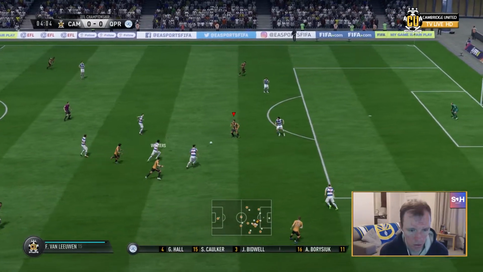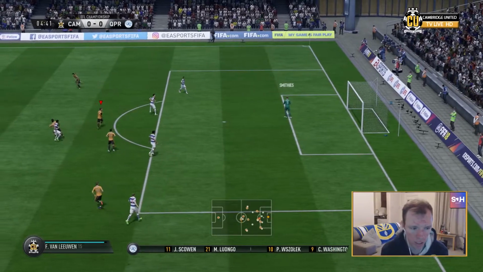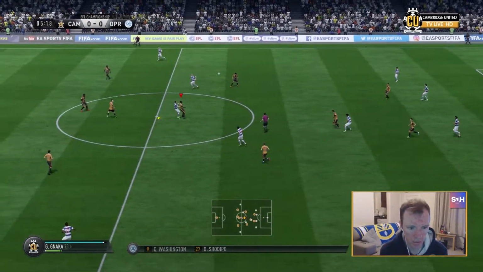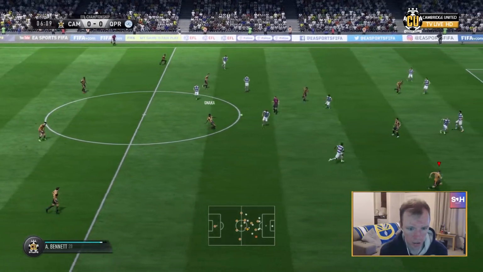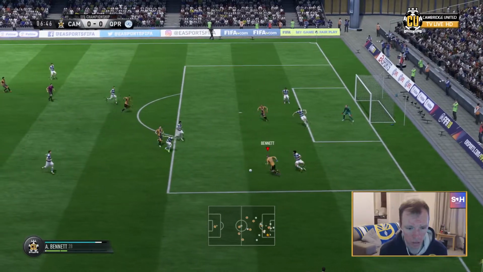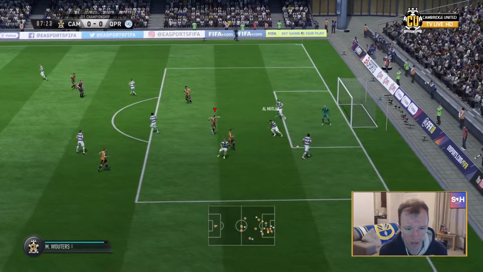Now Wouters up towards Van Leeuwen. Worked the space to get shot out. Smithies with the save down to his right hand side. And we take out our first chance of the game. Denied by Smithies. Here's Naka, looks to search out the run of Bennett. That's a great ball. Bennett then into the area. Bennett does really well, cuts it back up towards Van Leeuwen, tries a cheeky back heel, hits the defender, and